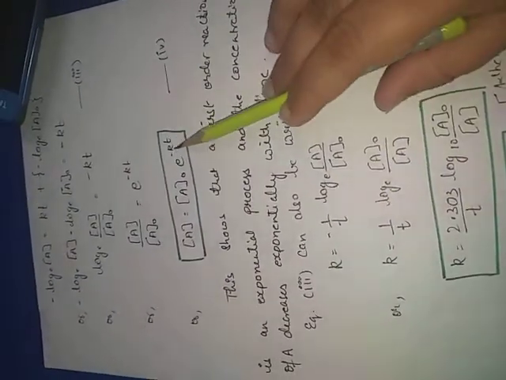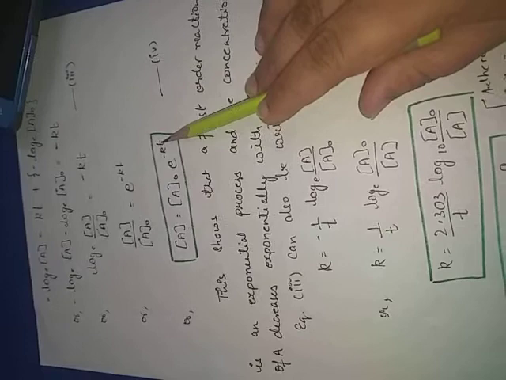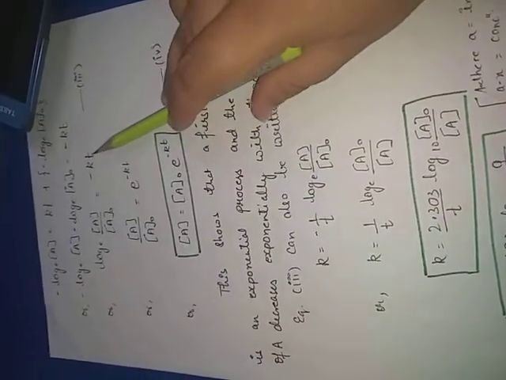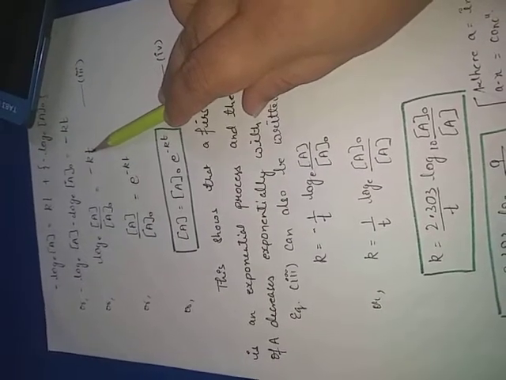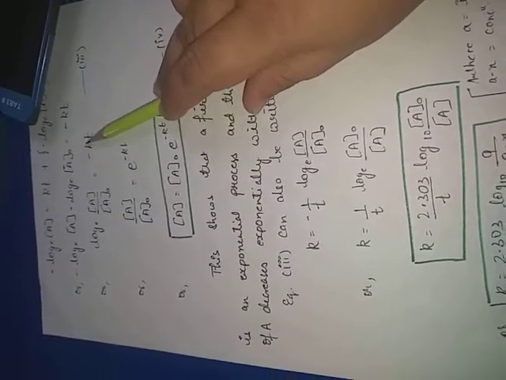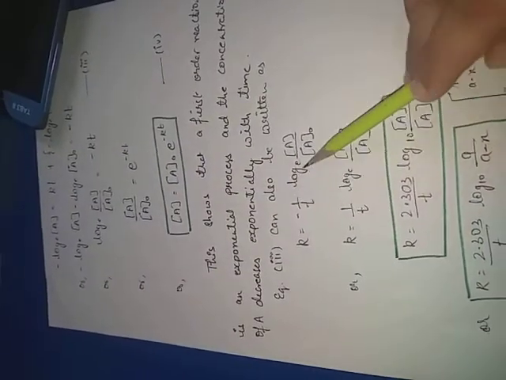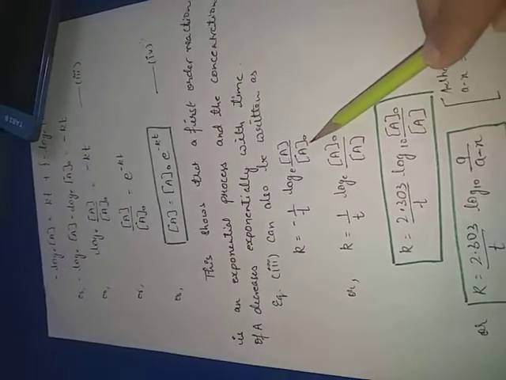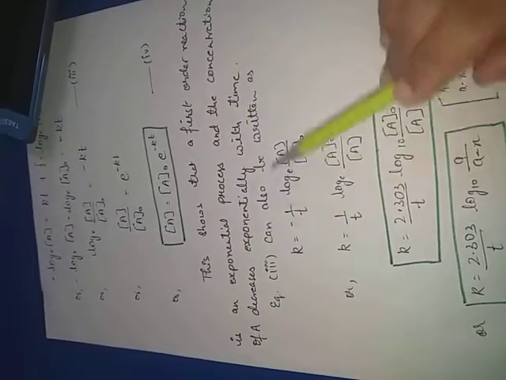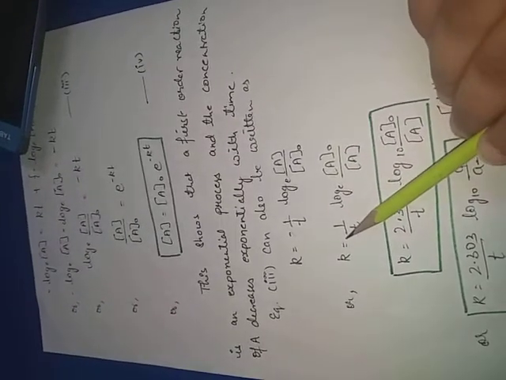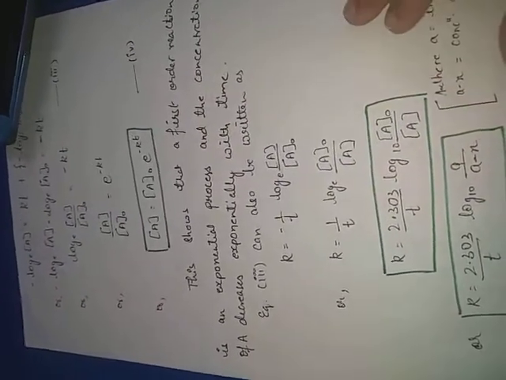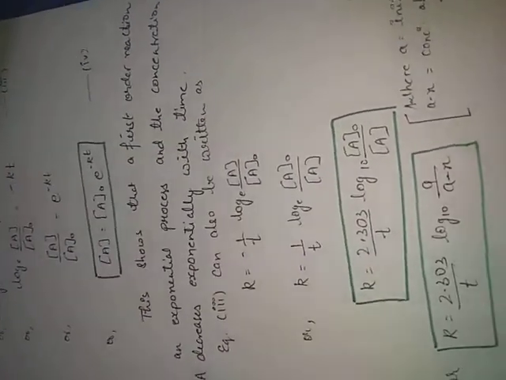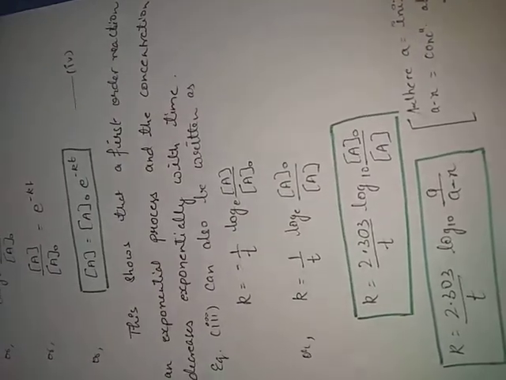See, it is equal to e raised to the power minus Kt, and the value of K from this equation can also be written as minus 1 upon t log base e A upon A naught. A negative sign is still there, and when we remove this negative sign, this is the very important formula which is coming out, and so many numericals will definitely come related to this in your exam.